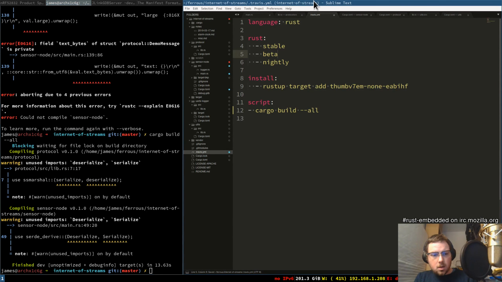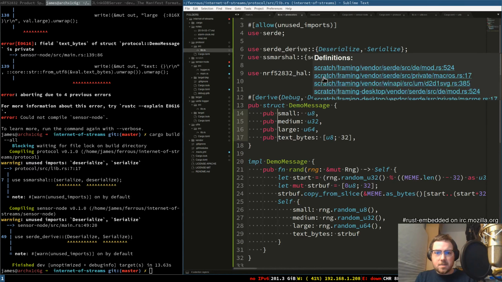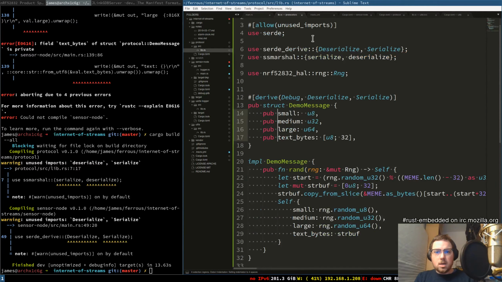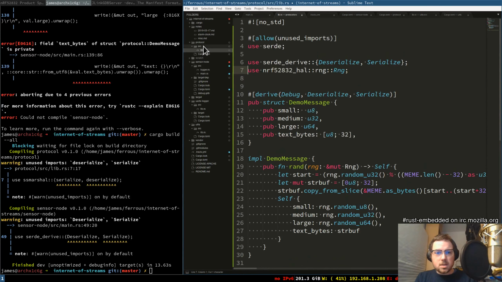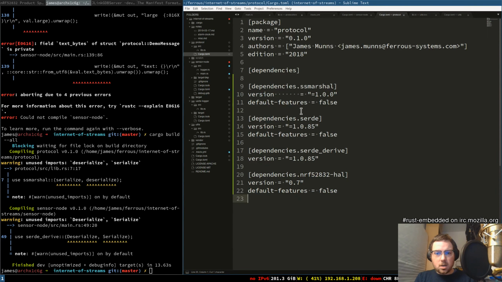Okay, so protocol doesn't need serialize and deserialize. I guess that makes sense, because it's not doing the serializing and deserialization, which means it probably also doesn't need SS Marshal at all, because it doesn't need to know anything about SS Marshal. Well, I'll leave that in for right now, because I may end up making that,